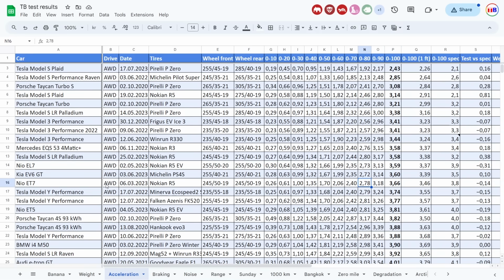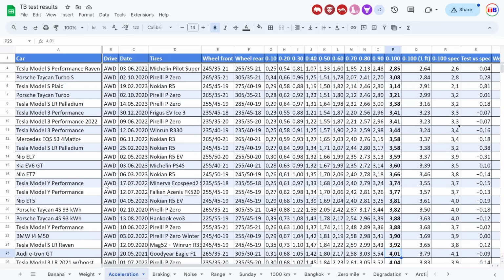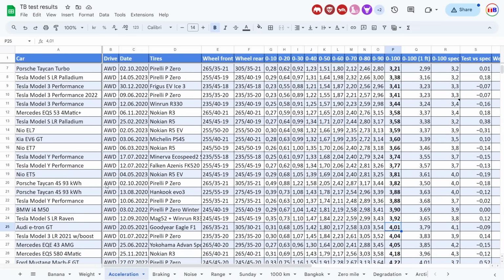ET7 is blistering fast. That's a Chinese car, but also like a big sedan, right? That one is actually faster than Tesla, but at least Tesla will be matching Taycan 4S or the Fat Taycan or something, or e-tron GT even, right? So it's actually a bargain, the Tesla. It will be still fast. It will be roughly 4 seconds, maybe a little bit faster than 0 to 100 in 4 seconds, which is